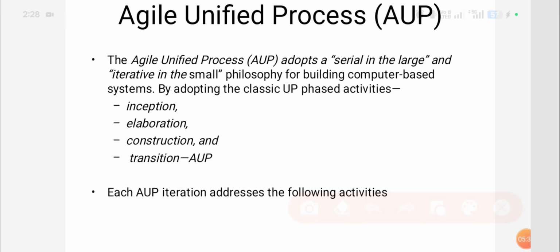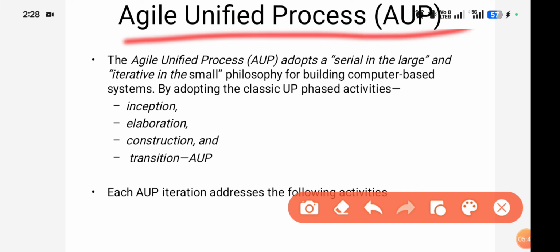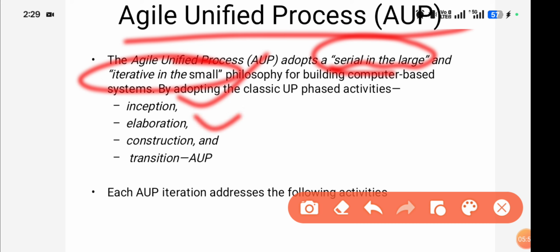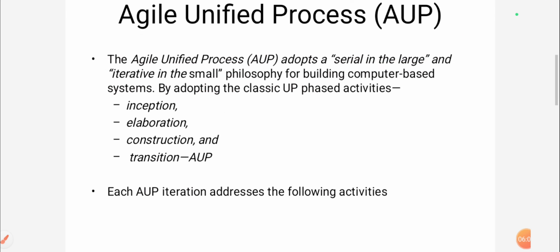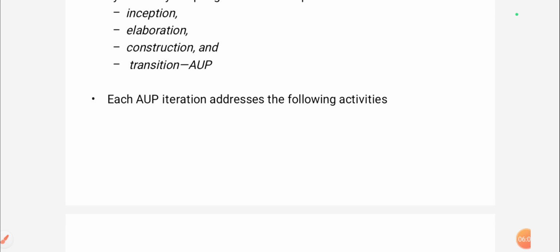Agile Unified Process. Agile Unified Process adopts a serial in the large, iterative in the small philosophy for building computer-based systems. By adopting the classical Unified Process phased activities, inception, elaboration, construction, and transition, AUP, Agile Unified Process iteration,